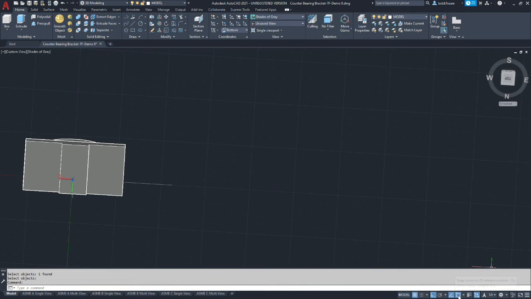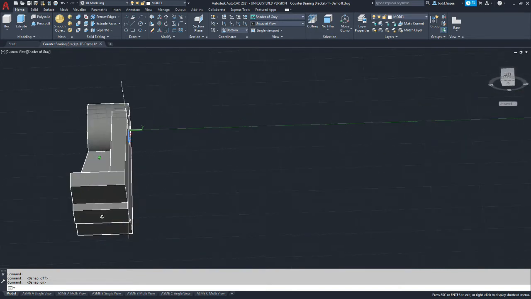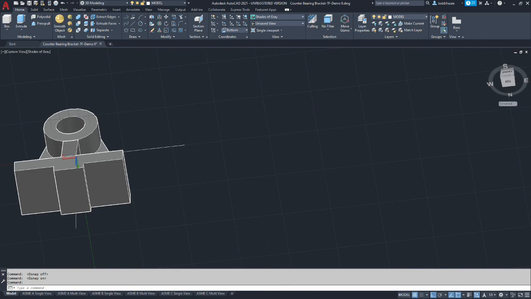Okay, let's go to our object snaps, turn on midpoint, and make sure object snaps are on. We're going to create some construction geometry so that we can find where these holes are located. If we're referencing what would be the back, this side, the hole pattern is centered on the base flange, and the hole pattern is 82 millimeters apart. And then it's 45 millimeters from the back.